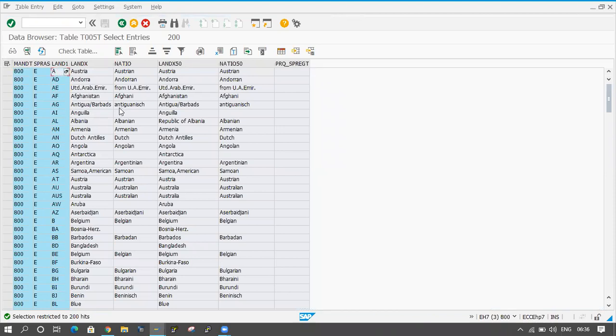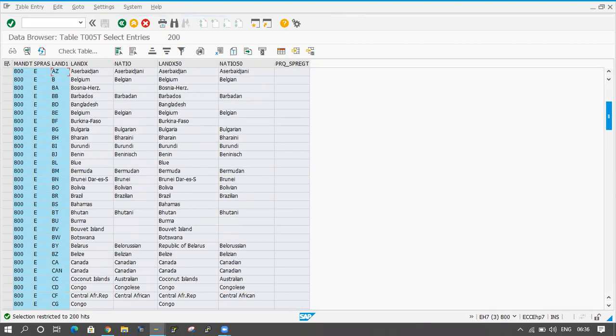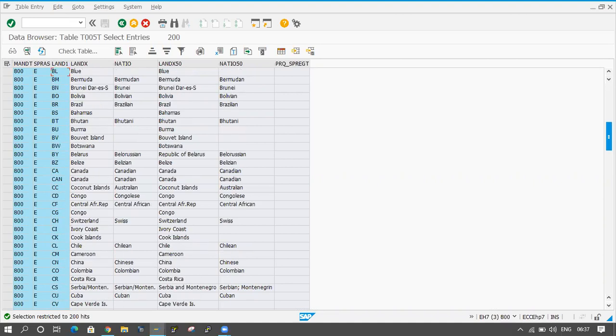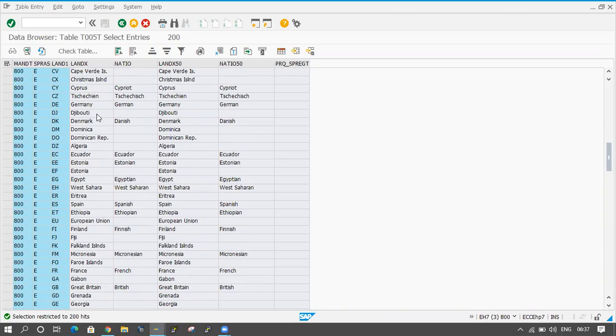Here A for Australia, Austria. This is the country code and this is the country name.